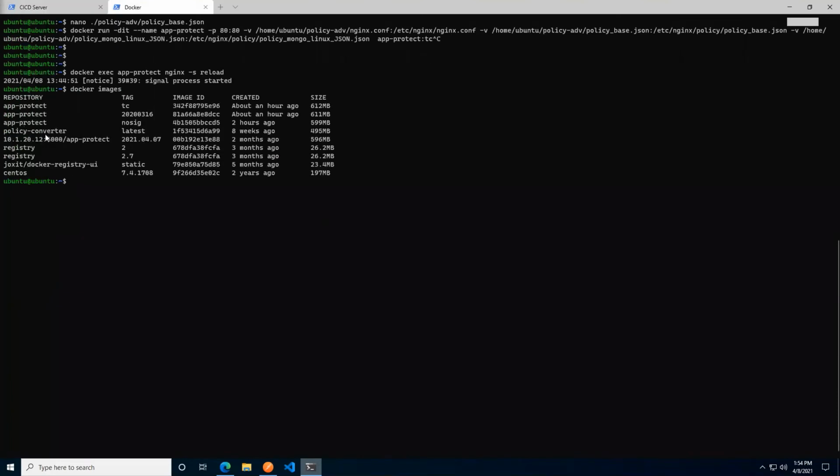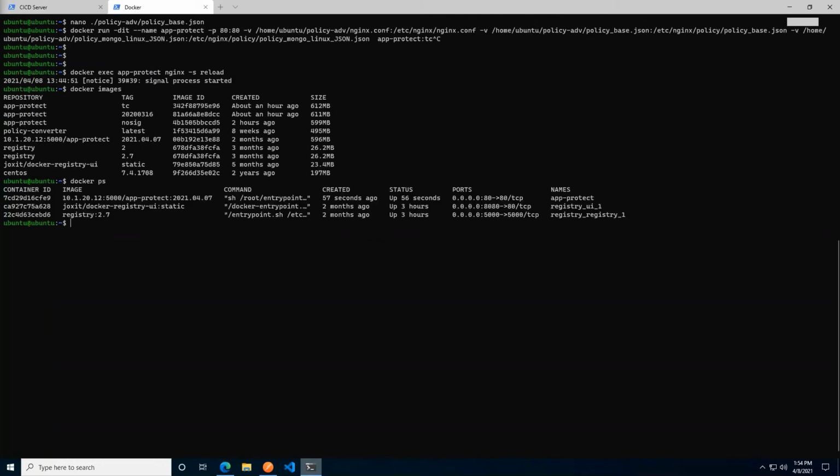I was hoping to see a 4th one there. Let's see here. Docker PS. I'm really fat fingering this now. Docker PS. Okay, it has indeed spun up the new container.